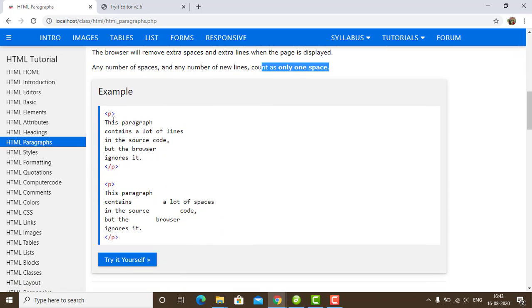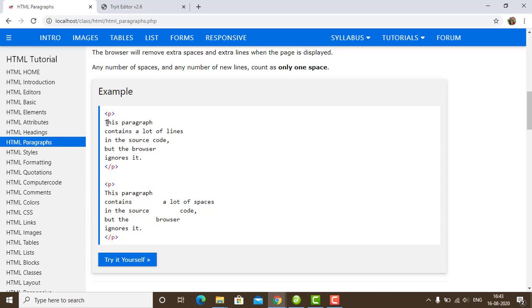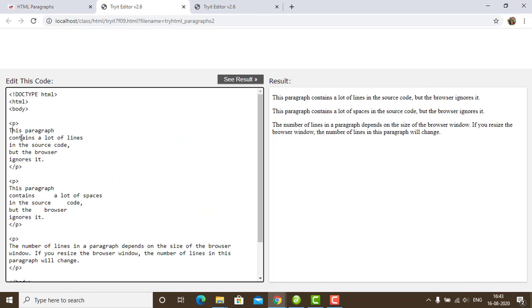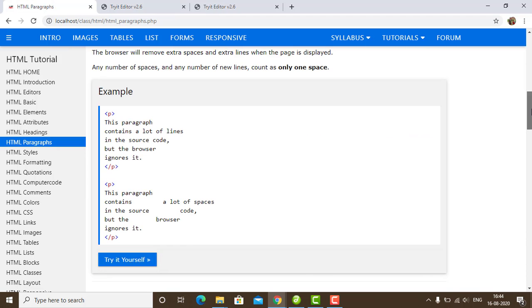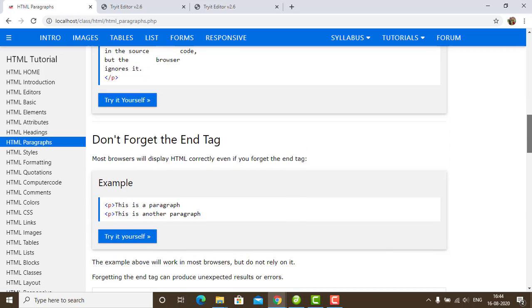Now in this we can see that this is a paragraph, and what happens when we read it. This is fully described and it is considered one single paragraph. You can see that this is a single paragraph, this is a single paragraph. Despite the fact that all the lines are starting from a new line, these are read as a single paragraph in HTML. So it is very important for all of us to know what the paragraph P is.